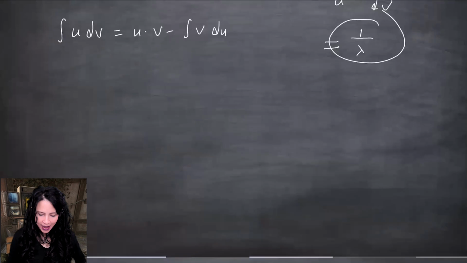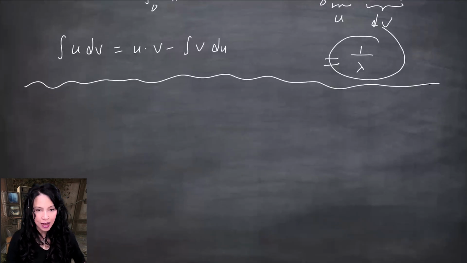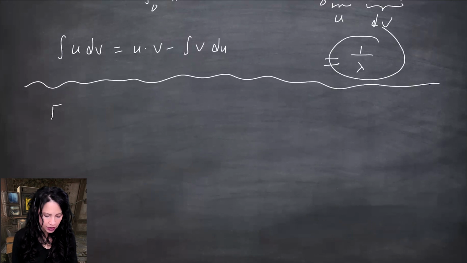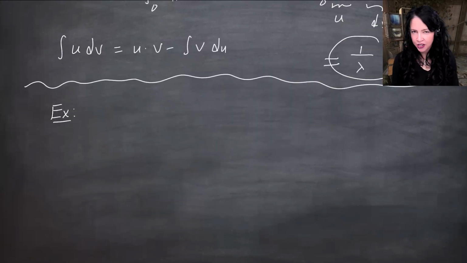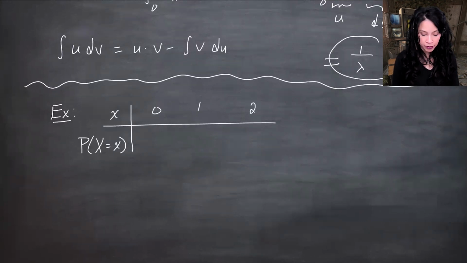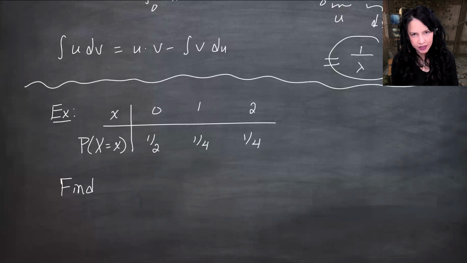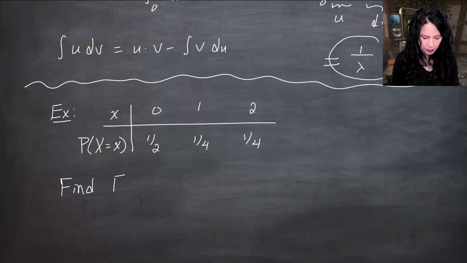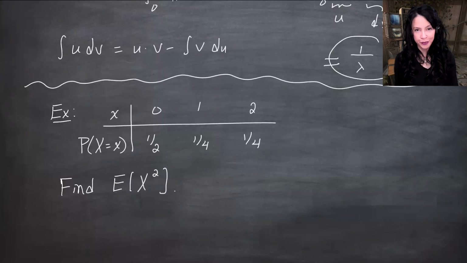Okay, let's go back to the discrete example because I want to talk now about finding the expectation not for a random variable x, but for a function of x. So let me go back to the discrete case where we had 0, 1, and 2 as possible values with respective probabilities 1/2, 1/4, and 1/4. And suppose we want to find, we know the expected value of x, that's 3/4, but if we want to find the expected value of, say, x squared, what would we do?